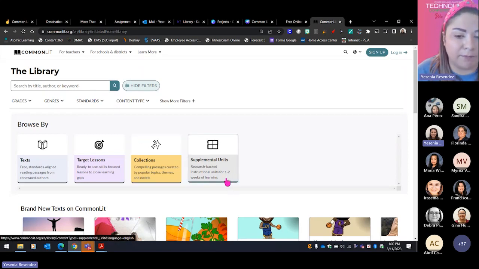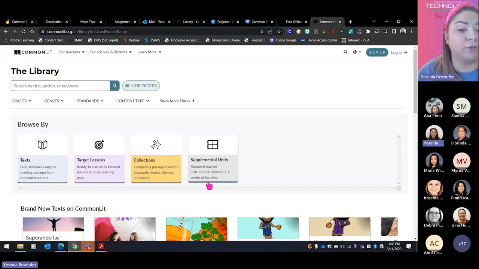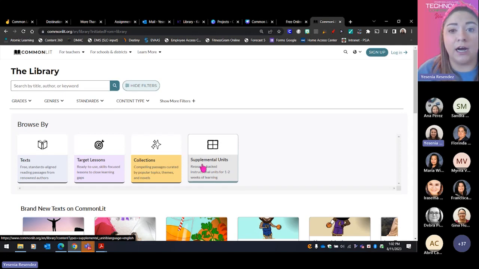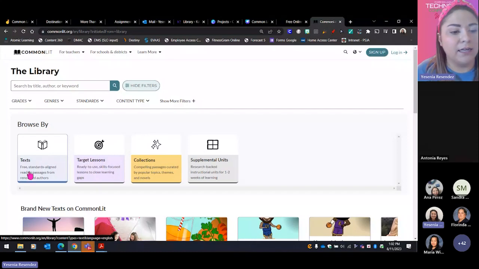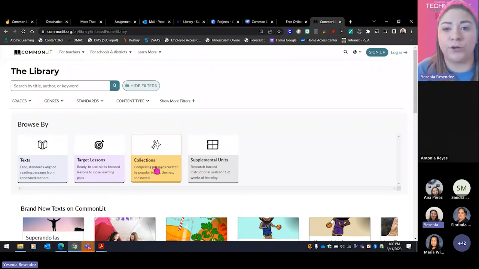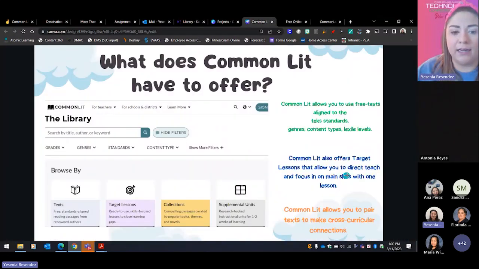And it also has some supplemental units. That way you can extend your teaching into 1 to 2 weeks. So it all depends on how you're wanting to teach your reading passages, right? Do you want to extend them? Do you want something shorter for just that day or for everyday lessons? You have something for you here at Common Lit. So as you get here, you'd be able to explore by the different things that they have for you. And then I'm going to continue on to my next part,